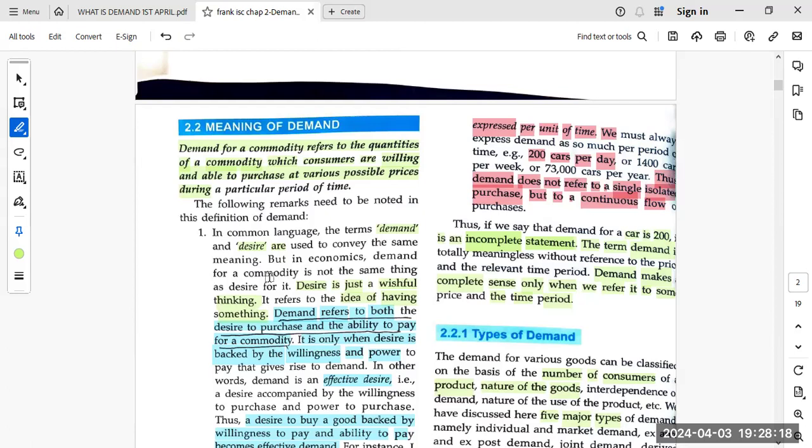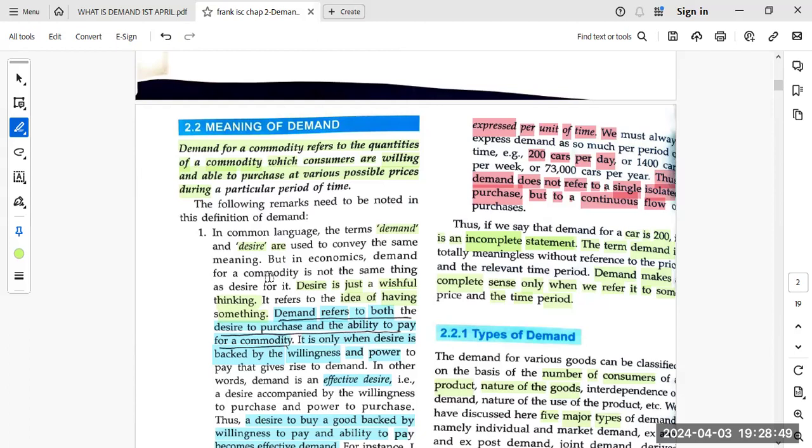So the question you are asking me comes at a later stage. We are just doing it at a very basic level: what is demand, what is the continuous concept, the flow concept. So that does not matter. Even if suppose we are saying 10 liters of milk at 55 rupees per liter, if it changes also, it doesn't matter. Still the demand is there. Now the flow will be there.